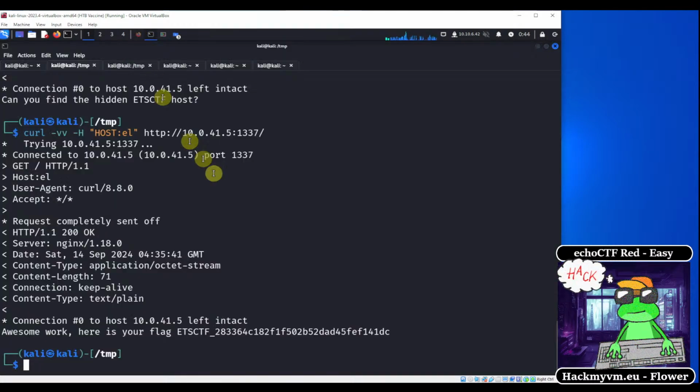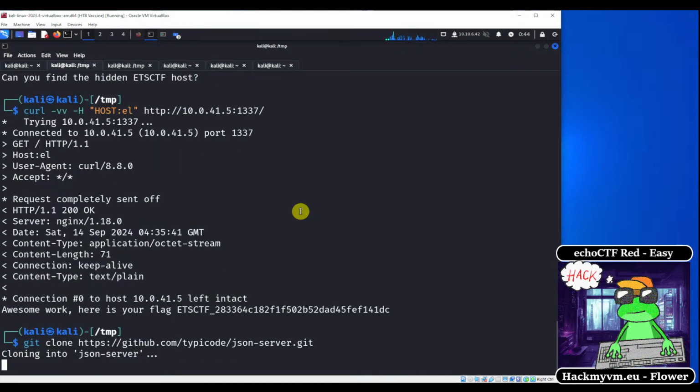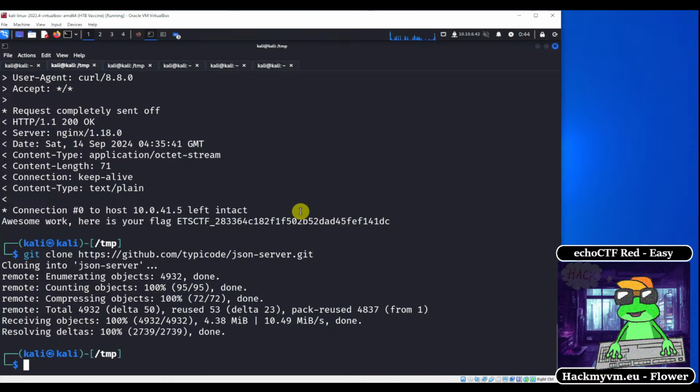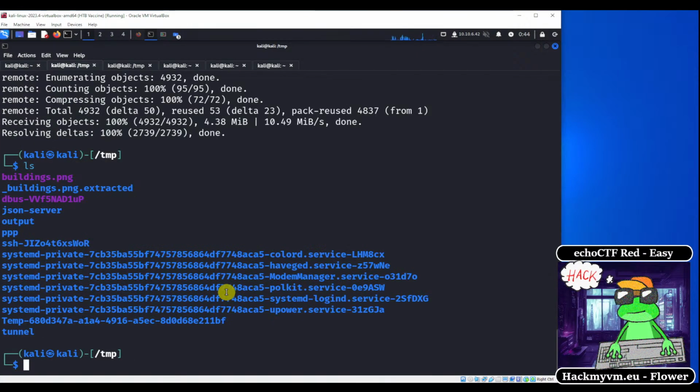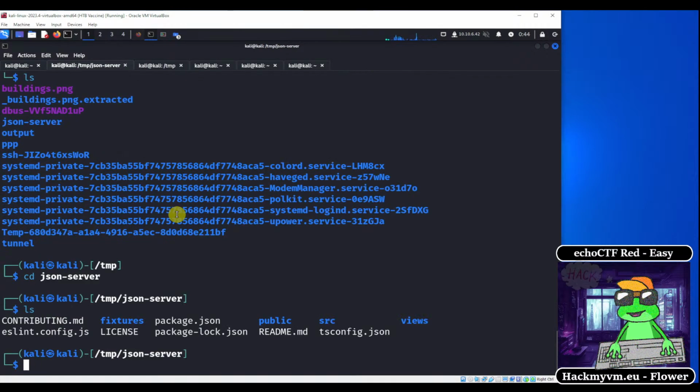Okay, so here I am in the temp directory, and let's git clone this directory right here. So can I find... Let's move into the directory. What is it called again? JSON server. So can we grep